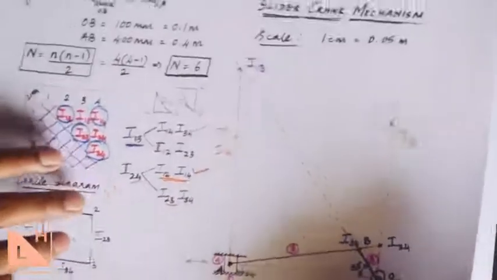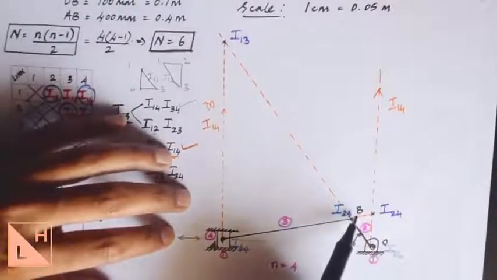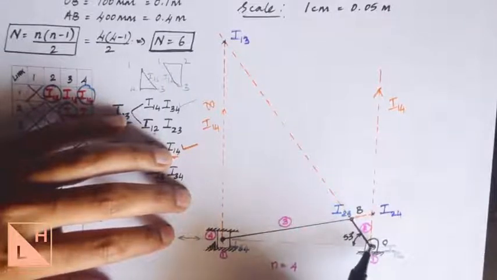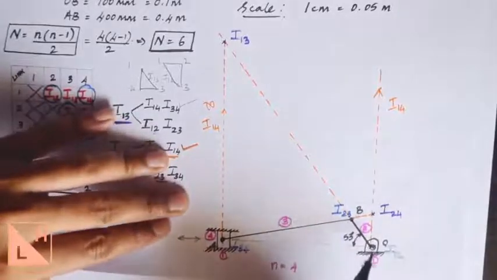So if you just have a look at the drawing or the mechanism that we have obtained, this is point O and this is point B, right? So if you want to find out the velocity at point B, you must take the distance of point B from the center of rotation. Where is the center of rotation here? For this particular link it is O, right? So you need to take the distance of OB. That is the distance of the point from the center of rotation, right? So velocity of point B divided by OB.